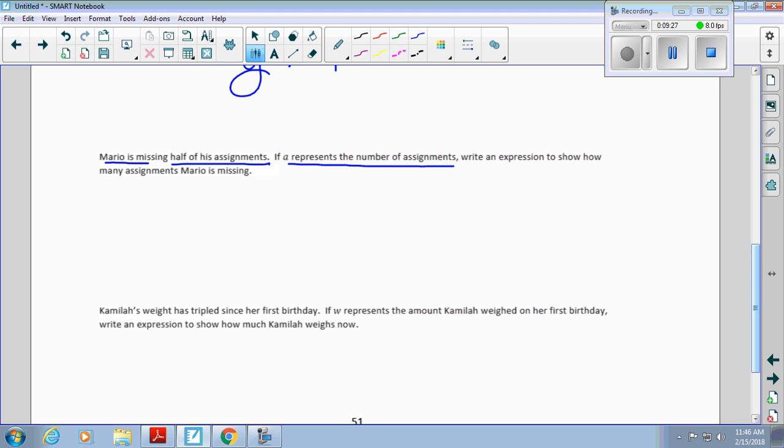Jacob, nice and loud. A divided by 2. Perfect. We learned that half means you're dividing it by 2. So if we started with this many assignments, he's going to cut that in half. He's going to divide that in 2 because he's not doing the whole bunch of them because he's Mario. Him and Luigi have some adventures